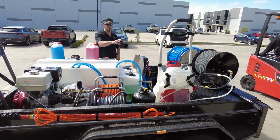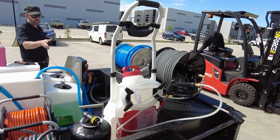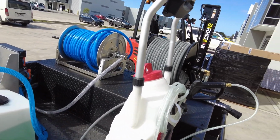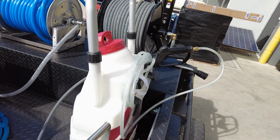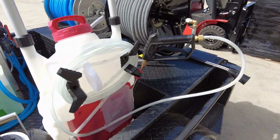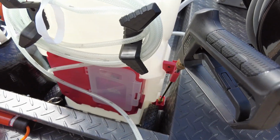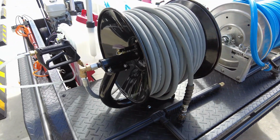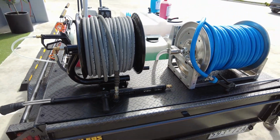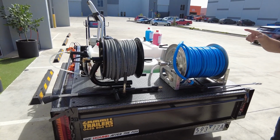We have our 18 volt lithium ion 34 litre water tank, and in these cases it's going to be used for chemical application, for some degreasing, a bit of Hellfire, a bit of True Blue. Coming from the pressure cleaner, we have our hose reel, so sitting on the back. So even though it's a portable mounted pressure cleaner at 4,000 psi, 15 litres a minute,